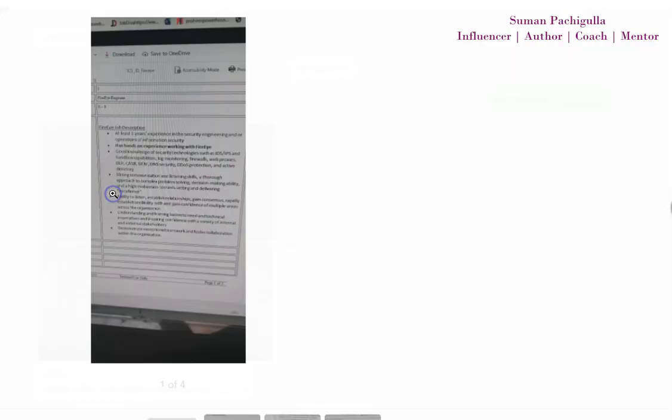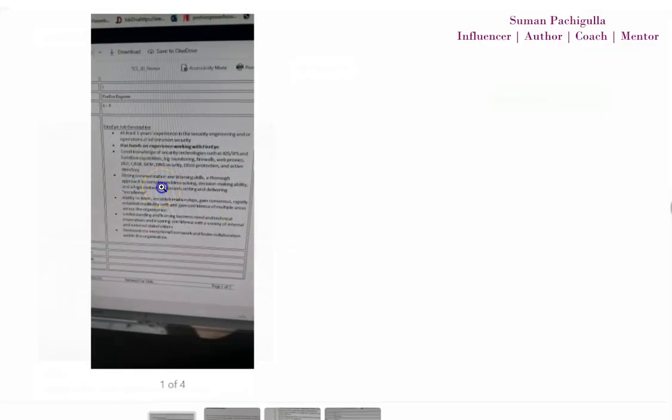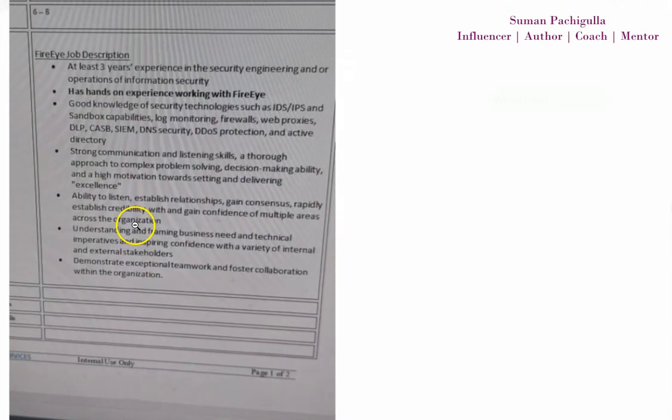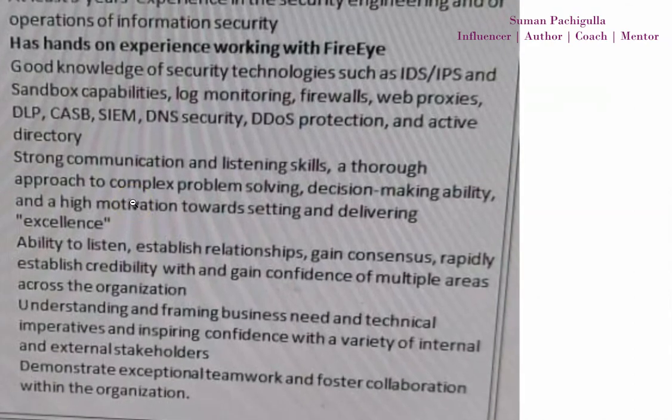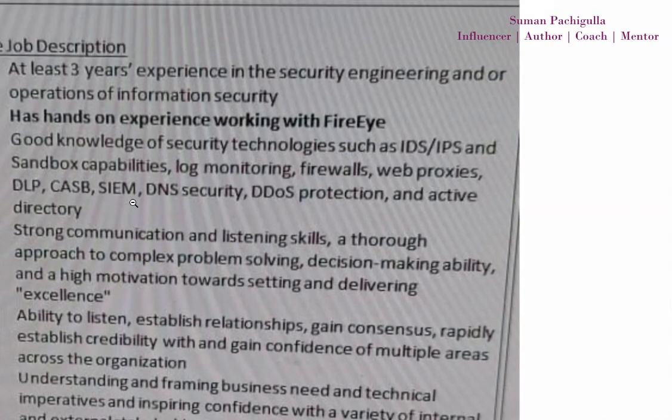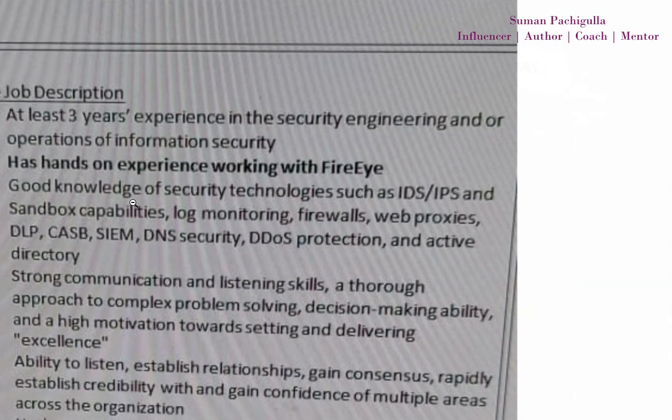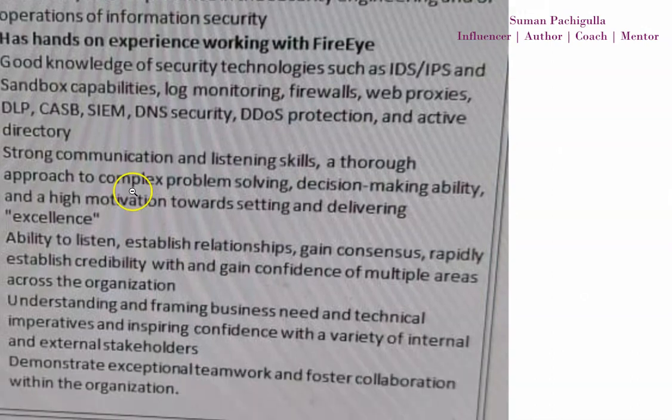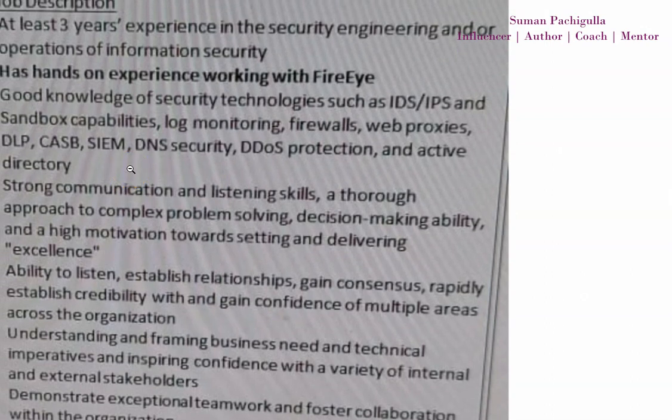All right. So here are the requirements that this recruiter has. Let me zoom it a little bit so we can see. Yes, this is an engineer. The person has mentioned 3 years of experience in security engineering or operation. So it looks like it's a cybersecurity engineer working experience with FireEye. All right. Now let me build a search string for this person and see how it is going to help